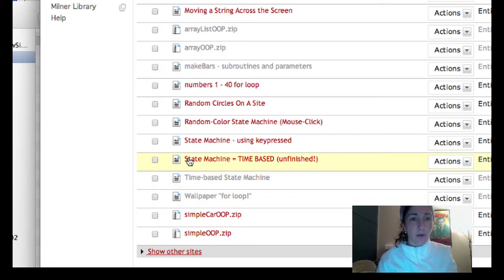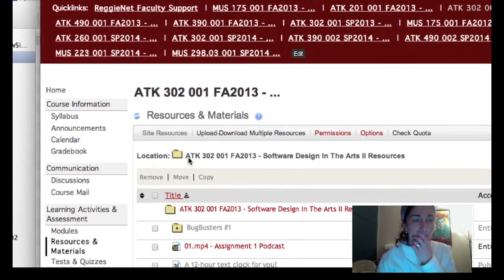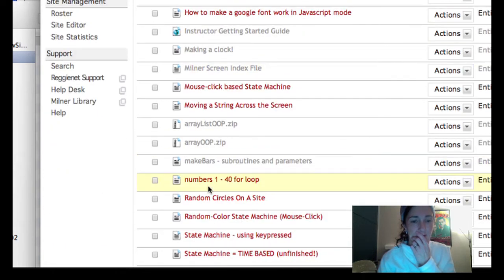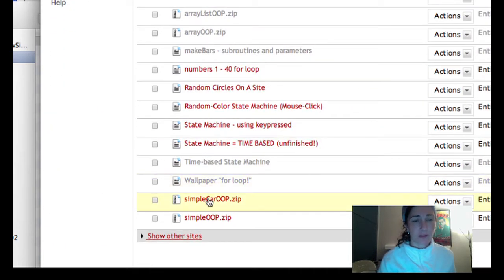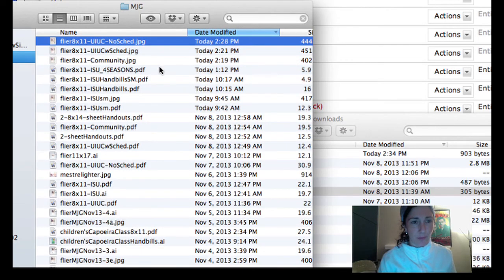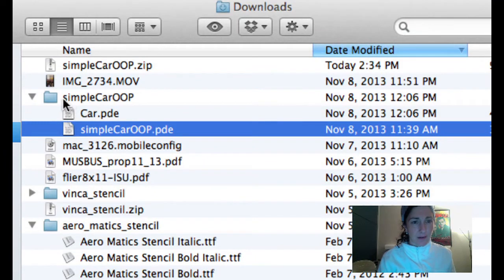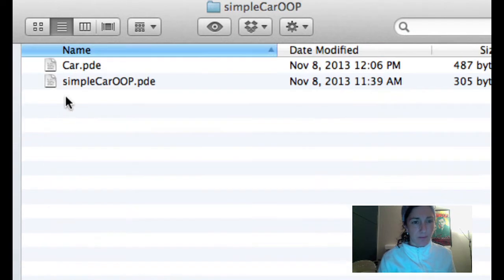So go to ReggieNet, go under Resources and Materials, and find this. This is the code that we built just the other day. Simple car OOP. Don't go to simple OOP. Simple car OOP. Okay, and download it. After you do that, you'll end up with something that looks kind of like this right here. This simple car OOP folder, and then you'll have car.pde and simple